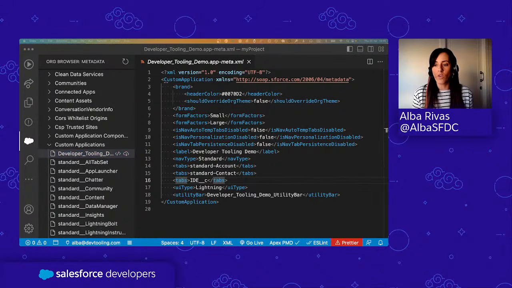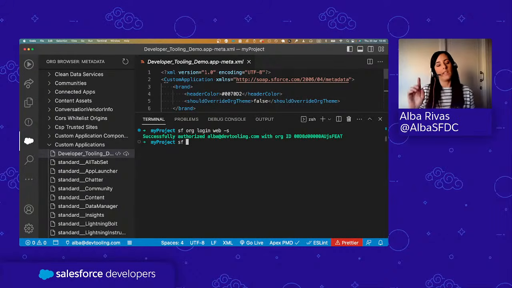Another way, of course, is a command, right? There is a command, and we're using again the newest commands available, called sf project retrieve start, and then you need to indicate the metadata type that you want to retrieve. So for instance, in this case, let's retrieve the custom object that we created, okay? Custom object metadata is defined with this keyword, custom object, and if I execute this it is going to bring all